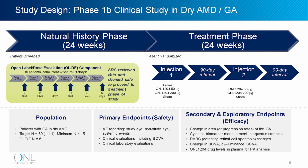We're also using the innovative technology out of Novi and Francesca Cordero's lab with a DARK technology that's able to image sick and dying retinal cells. We're doing that periodically in the natural history phase. We're also doing it in the treatment phase. So we're now randomizing and treating for the next 6 months with ONL 1204 at a high dose, a low